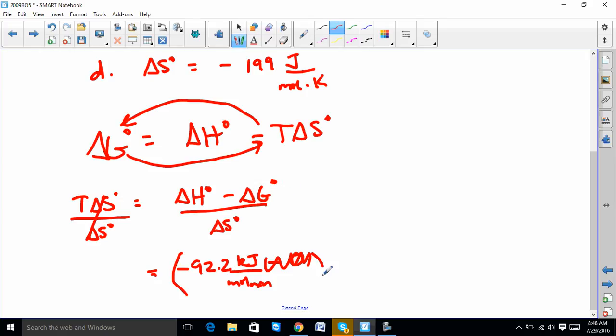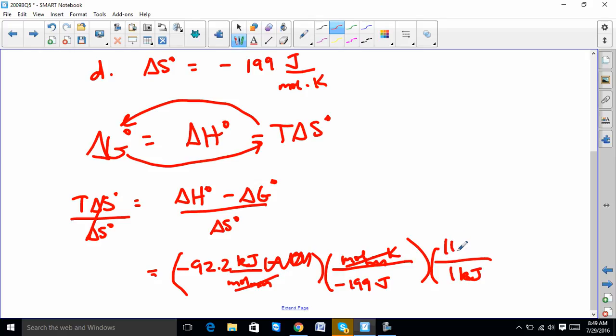And then I'm going to multiply by the reciprocal of delta S, which is negative 199 joules per mole K. And mole Rxn, the new notation. Interesting thing, though, kilojoules doesn't cancel with joules, so then I'm going to do this. Kilojoules is on the top. 1 kilojoule is 1,000 joules, and then this cancels this, and this cancels this, and the only thing that hasn't